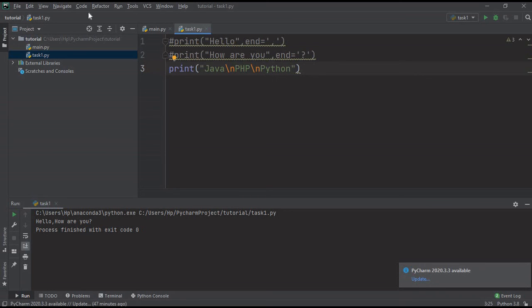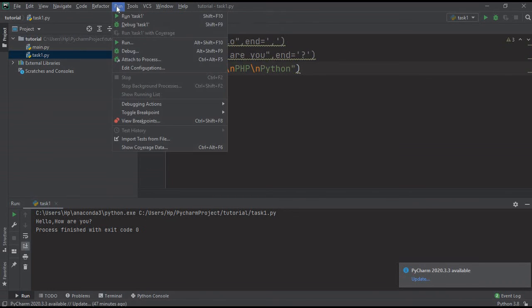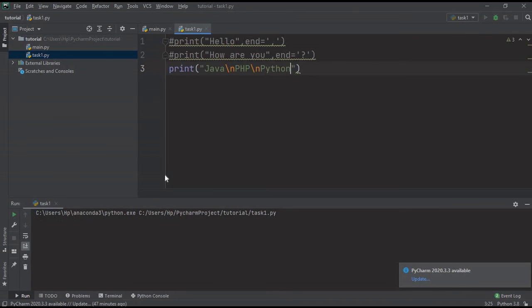Okay, so now it is going to print all these things in different lines. See, Java, then PHP, then Python, because of this special character \n. So Java is printed, then \n means next line, and then again PHP is printed, and then again the next line, and then Python is printed like this.